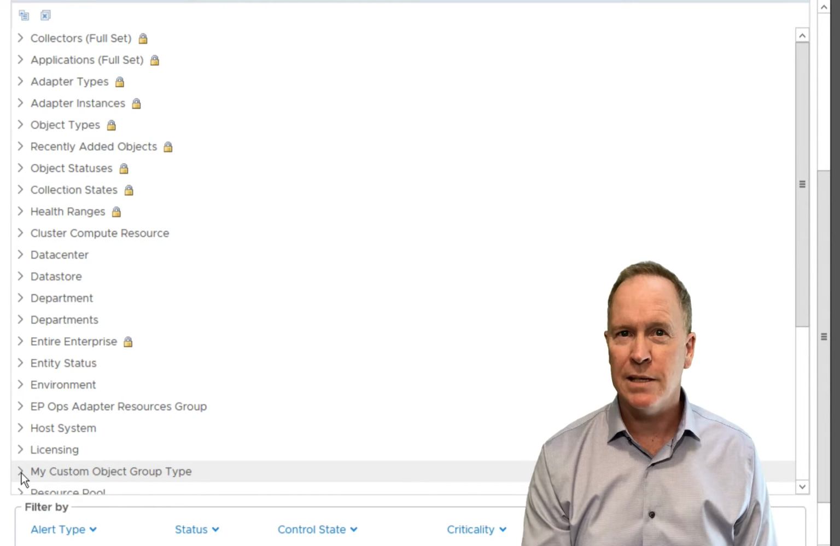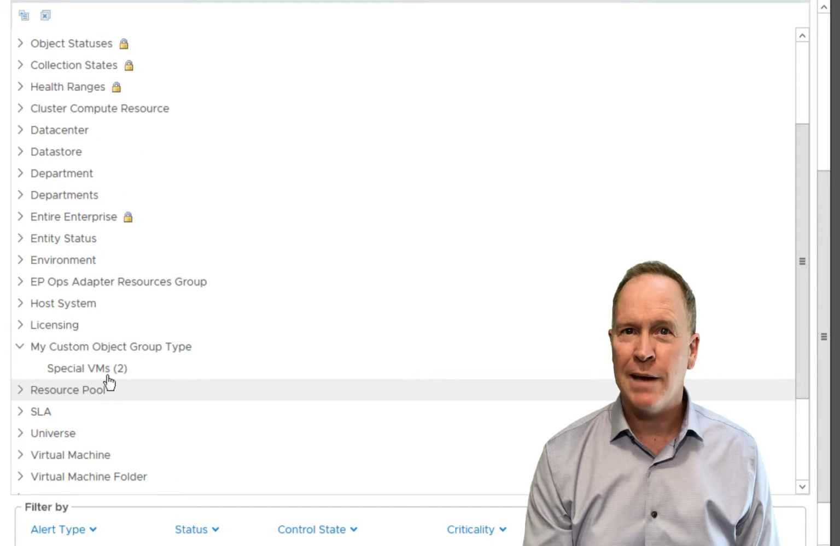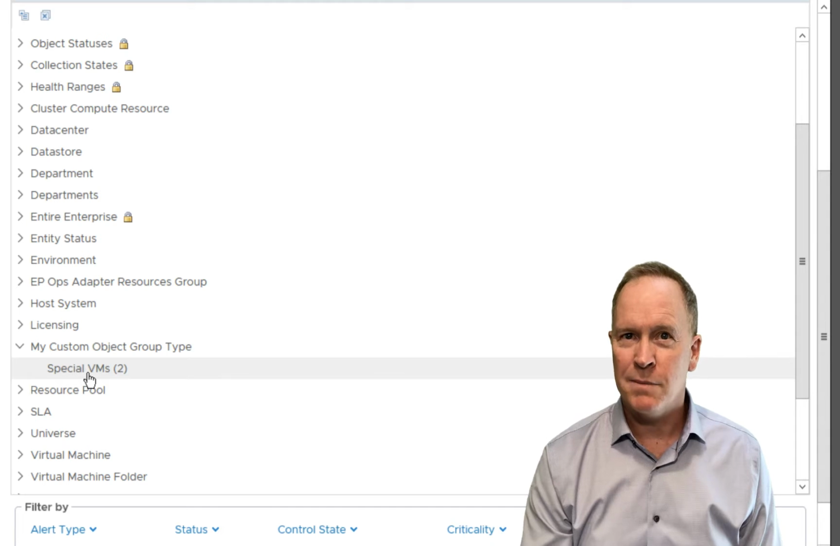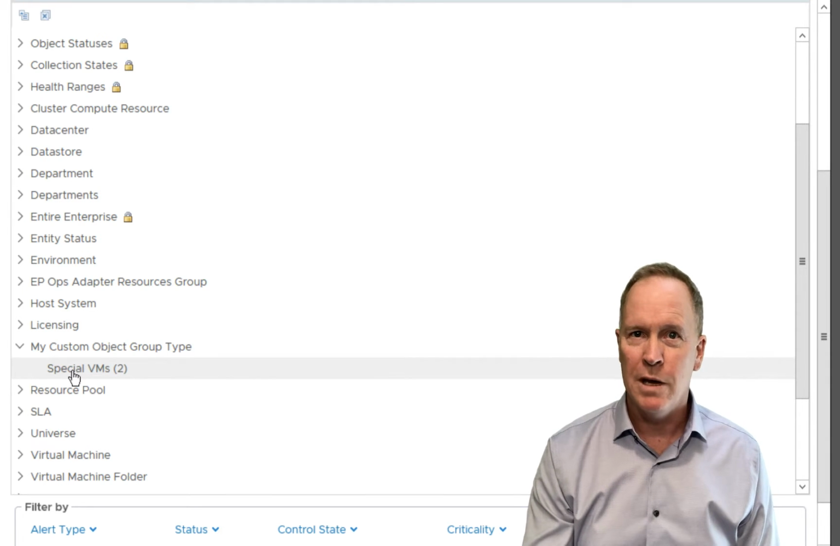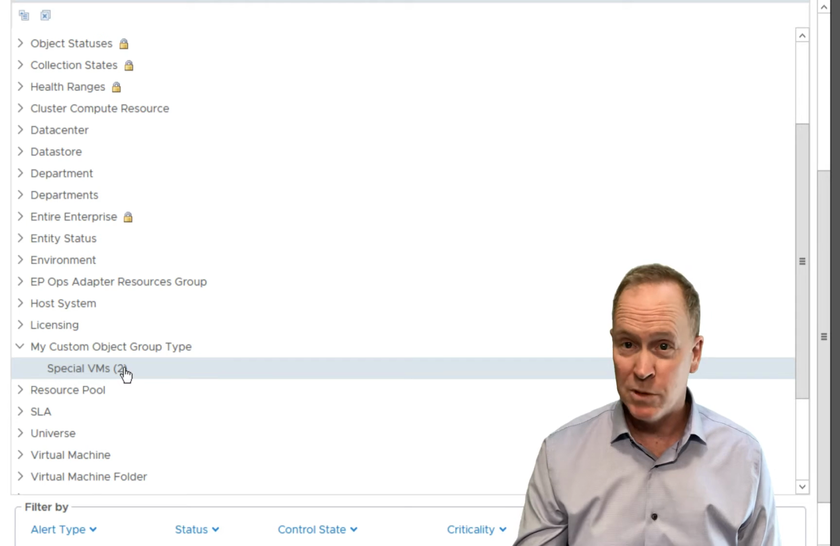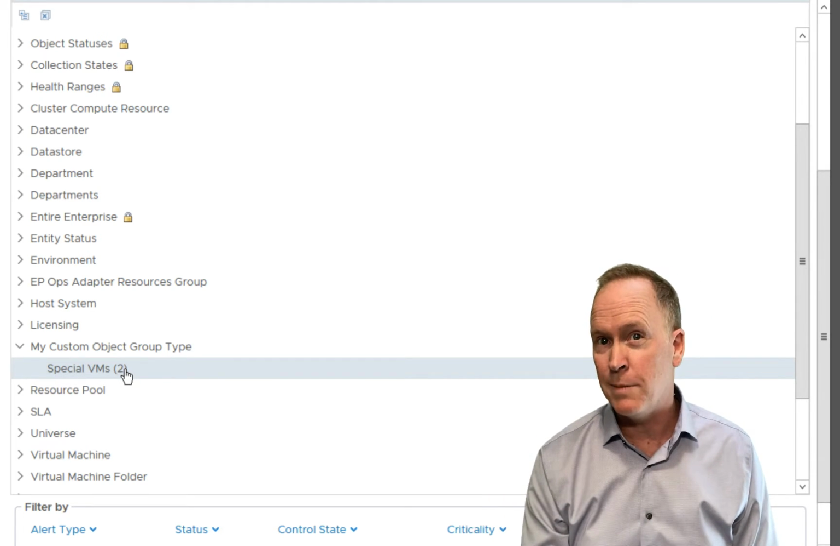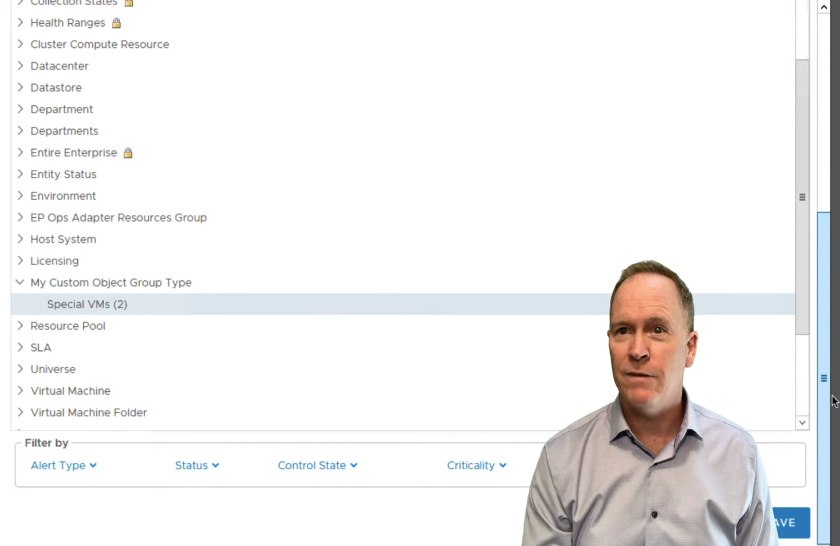If I expand it, notice, let me scroll a little bit so you can see this here. Notice that there's our custom object group and I can select it. So I've now got this set up so that my custom object group is a selectable tag value. If I select special VMs, and it's 2 VMs that it's currently matching, and since this is a custom object group, if I add more VMs called scale 03, scale 04, they're going to automatically get matched. If I select that tag value and click Save,